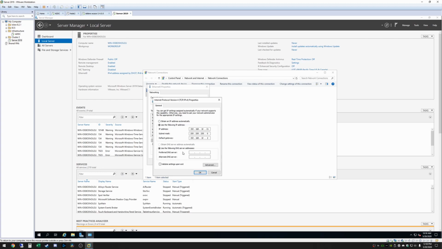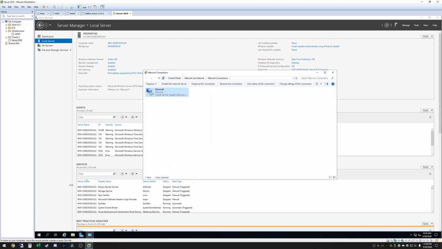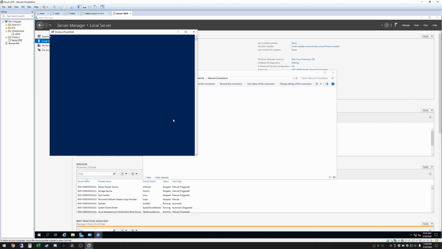I am going to leave DNS server blank right here. That's because in the next video I'm actually going to configure Active Directory and DNS in this as well. So I'm going to leave that blank, but I am going to go ahead and configure the IP address for this virtual machine. If I just go to OK and then close, now we can open up PowerShell or command